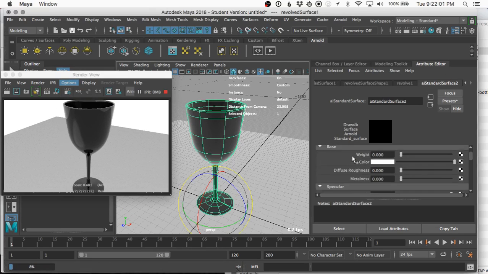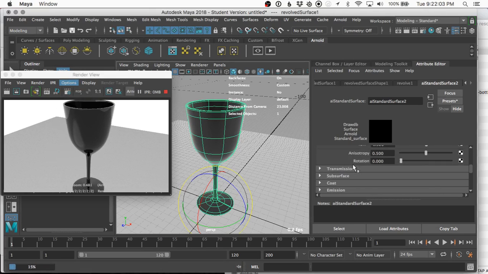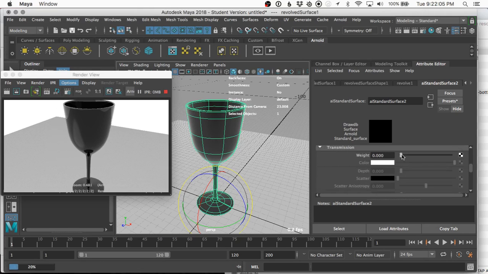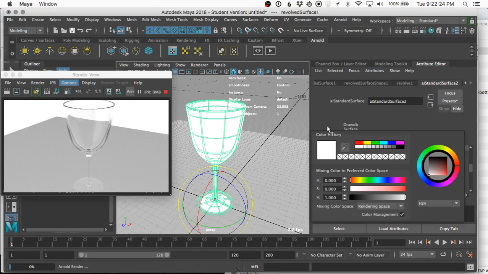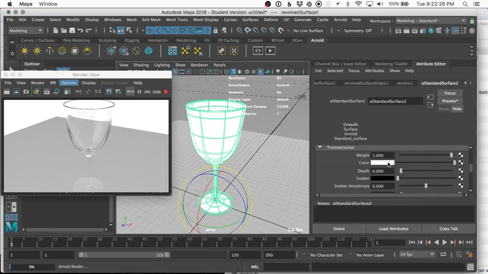Specular. I think it was transmission, but now I'm actually not sure. I should have checked something. So we're basically saying that light is passing through this thing, and that's kind of important. So let's see if we have transmission, and this is a cool thing, this color thing for the transmission,